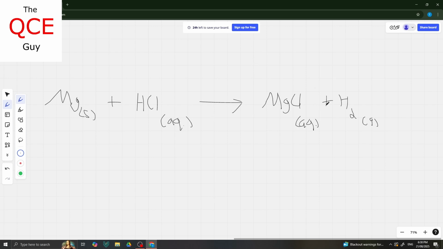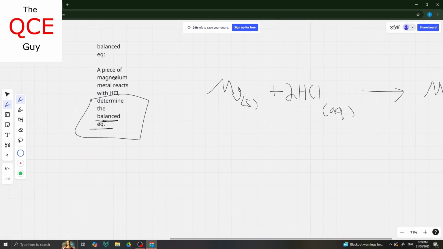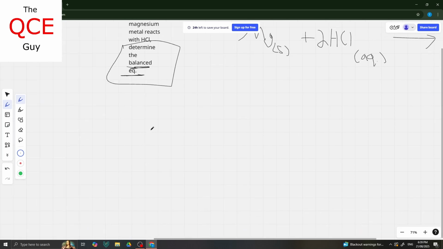Okay, Mg is a 2 plus, Cl is a 1 minus. So to balance it out, we're going to need MgCl2. So Cl2, and we've got H2, but see here how we've only got 1 H and 1 Cl, but we've got 2 Cl and 2 H's over here. We're simply going to add a 2 in front of that. And there we go, that's balanced. But the main idea of it is you just pull the words from it, and then you have to try and write the equation. So another example might be,